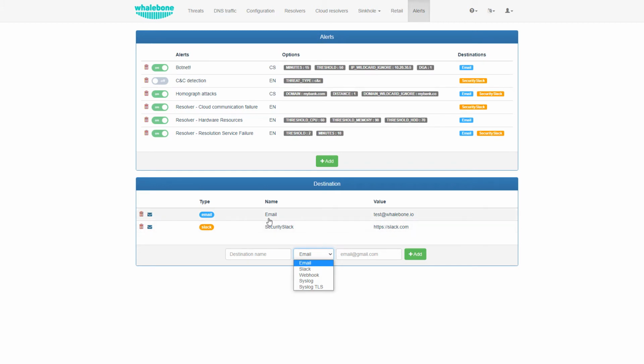We would argue that everyone should at least create alerts for the status of the resolver, resolution, and the server it runs on. Make sure to start by setting up alerts for resolution failures. Afterwards, set up alerts for hardware resource failure, such as insufficiencies concerning the HDD, RAM, or CPU capacity. You can also monitor failures in communication between the resolver and the Whalebone cloud when the resolution works just fine, but the resolver isn't in sync with Whalebone data centers.